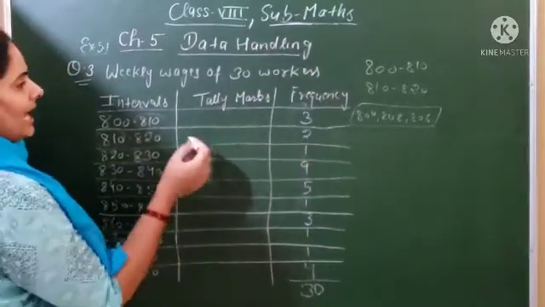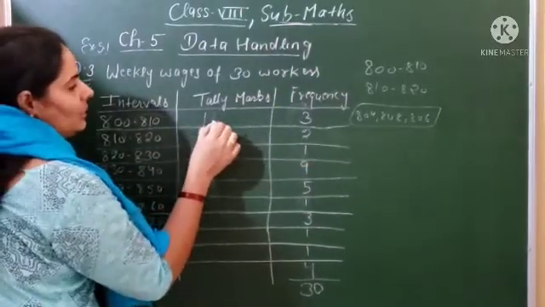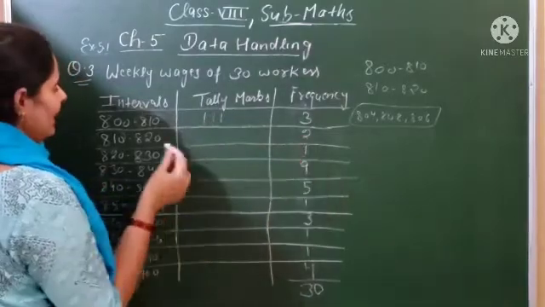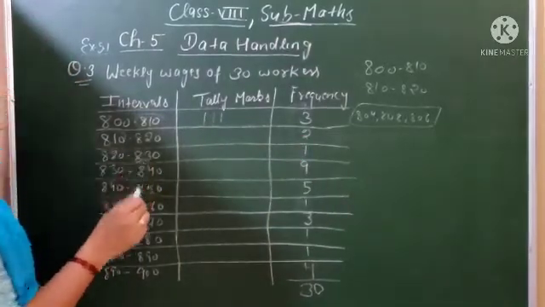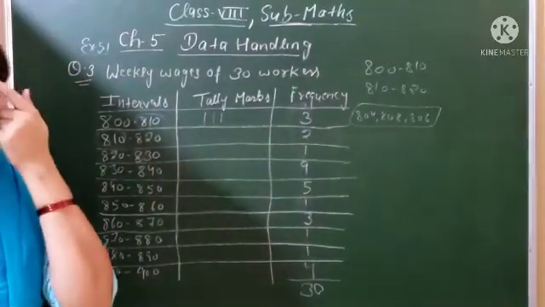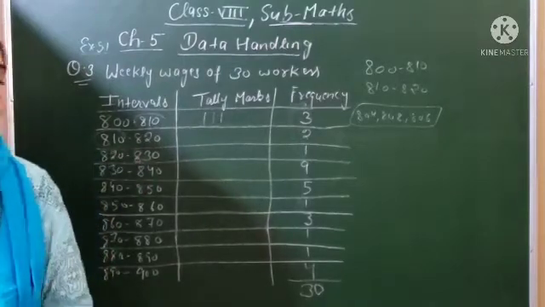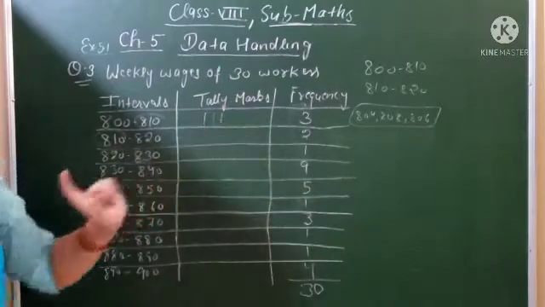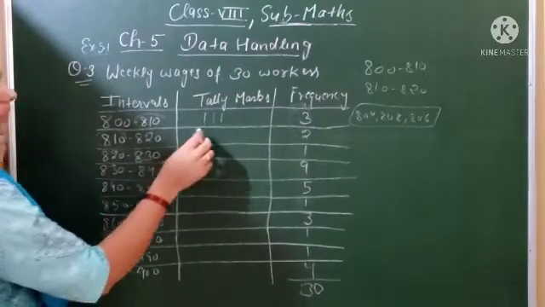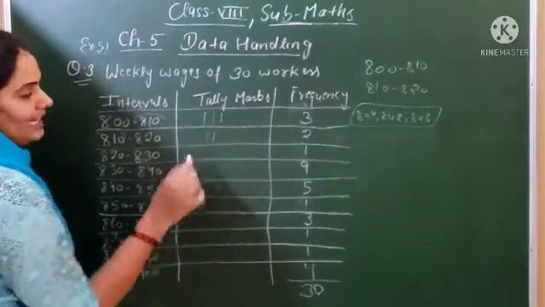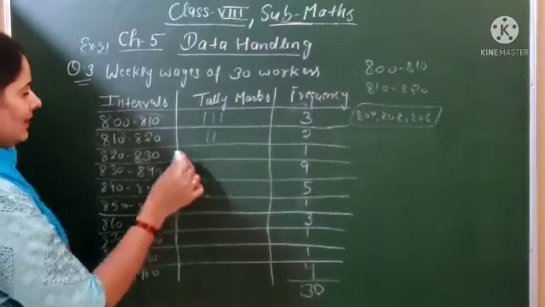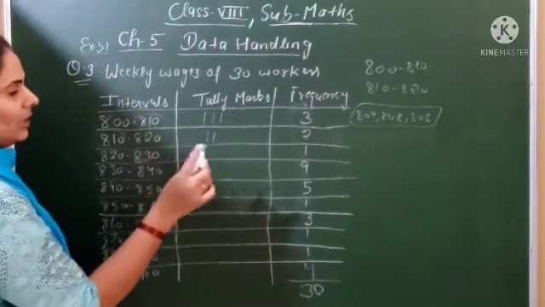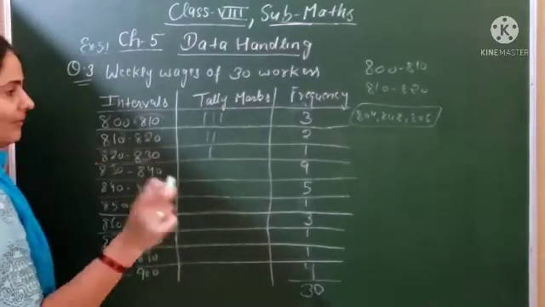So in the telemarks, how will you write 3? 1, 2, 3. For the next one, the same way: if you check 810 to 820, it means 810 to 819 you will check. You can see this in your data. How many total numbers are there? Only two numbers, two vases. So you will denote it in telemarks by 2. Next, 820 to 829, only one will lie, so you will denote it by only 1.